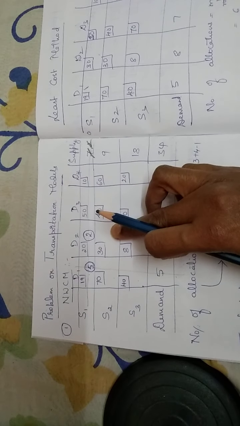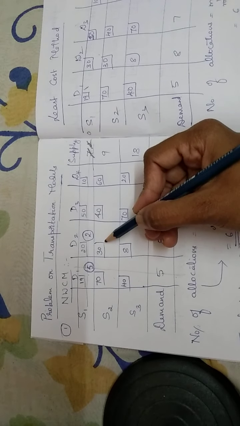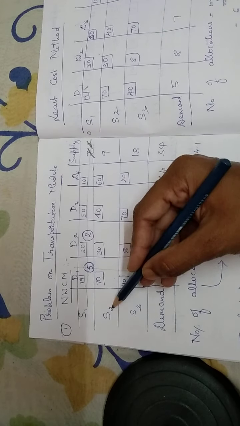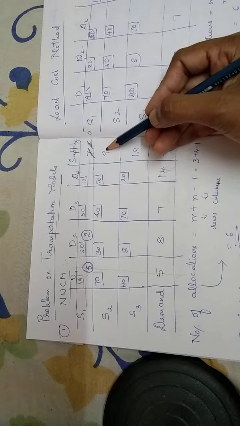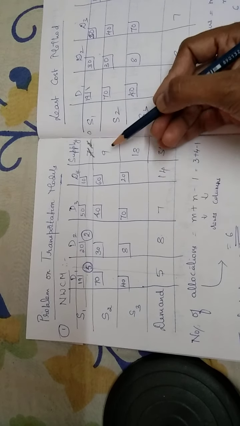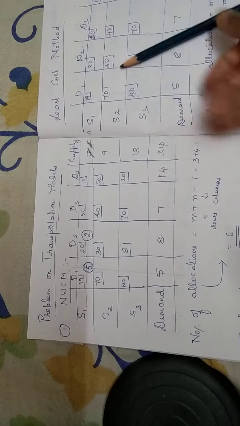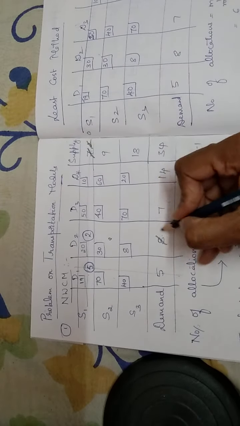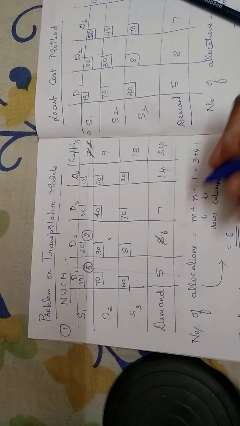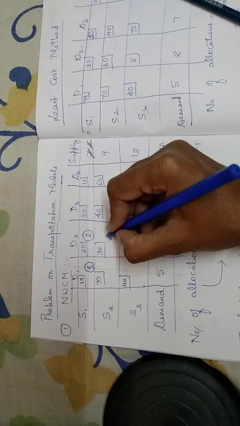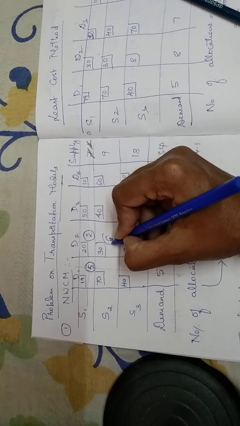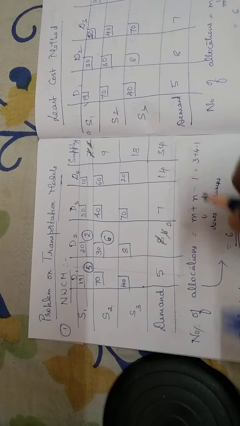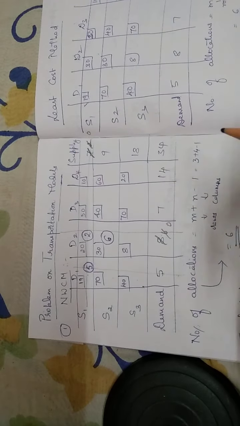Now coming down to the next cell here, we have 30 here, right? The 30 is the cost from source 2 to destination 2. Now if you observe here, 8 is the demand and the supply is 9, right? So we have to make an allocation. We already have made an allocation of 2 here, so we are left with 6 here. So 6 and 9 we compare and 6 is the least value, so we make the allocation and encircle it. So we are left with 0. We cannot make any more allocations in this particular column.